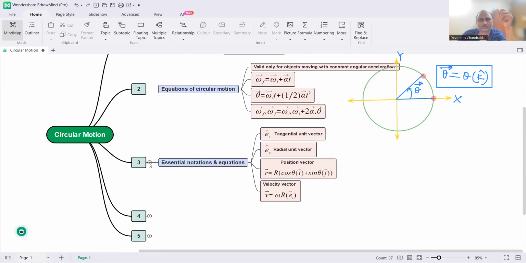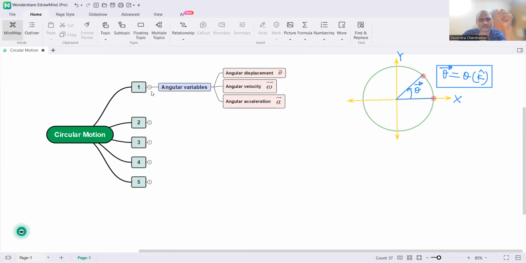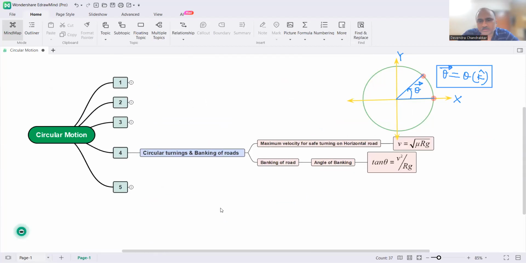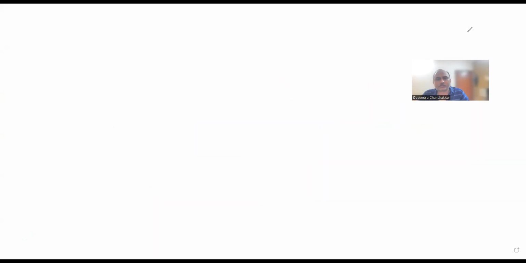We need not revisit the entire chapter now. Now today we will be discussing circular turnings and banking of roads. But before that, I would just like to remind you what we did in non-uniform circular motion in the last class. We discussed centripetal acceleration. We discussed net acceleration. You remember net acceleration? It has two components. One is tangential acceleration, the other one is radial acceleration. In terms of velocity, it is given as dv by dt et cap,